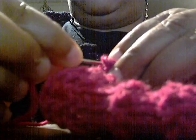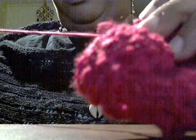Okay, so you take one of your yarn needles, take a piece of yarn that's long enough, and then you just thread the needle, and you begin to sew it. I like to sew a loop going across